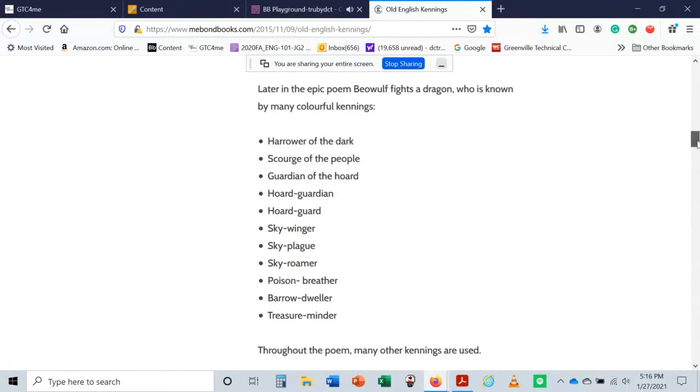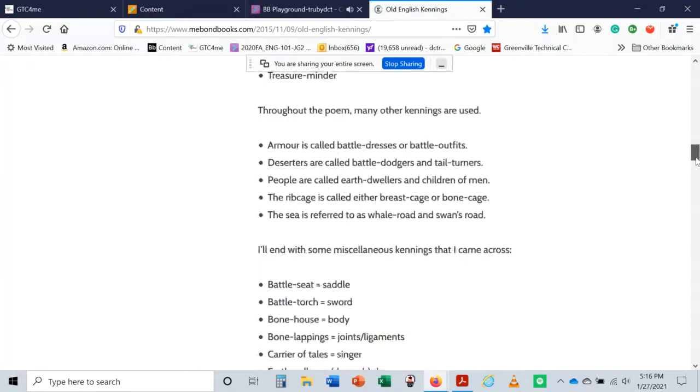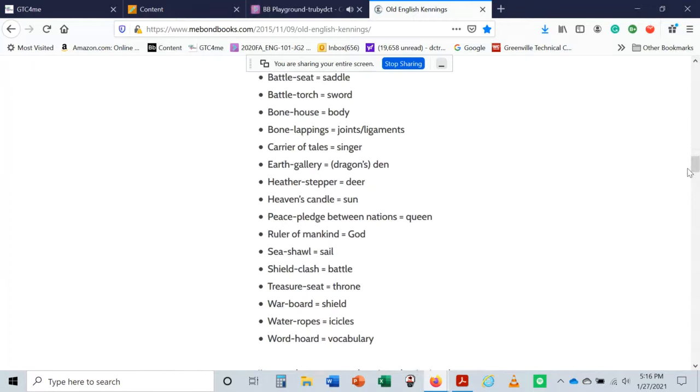We didn't read the part with the dragon, but if you wanted to use one of these kennings, if you feel like it's relevant to what we read in the first section of the epic, then you can. And so she goes on. There's a long list here, so it shouldn't be hard, I think, to find something here where you read the kenning and you think, that actually sort of reminds me of other things that I think are important to the epic. And so this is an interesting symbol of some of the epic's important themes, right?